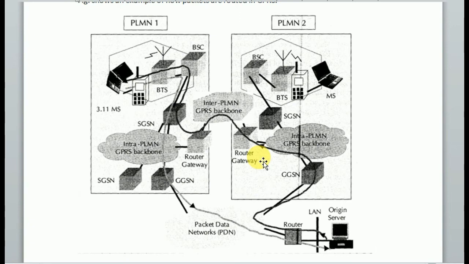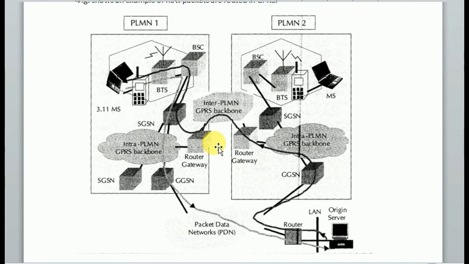Intra-PLMN backbone networks connect GSNs of the same PLMN. So the intra-PLMN GPRS backbone in this picture connects GSNs of the same network. In the diagram, these intra-PLMN networks are connected with an inter-PLMN backbone.